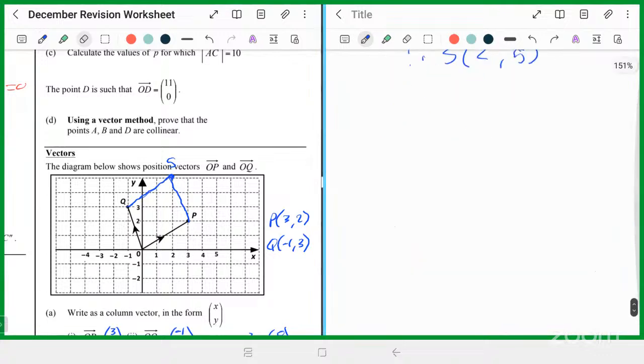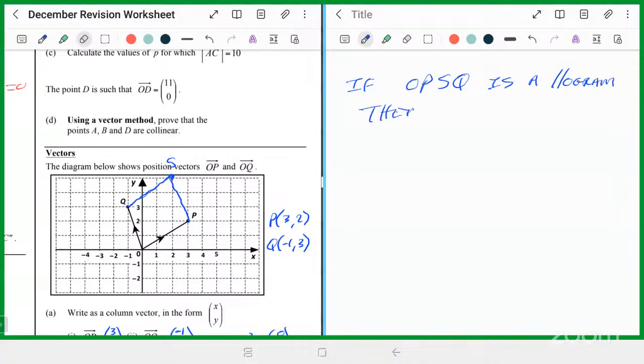Or you prove the parallelogram. And sometimes you have to work out everything. All right? So we work it out for you. So if OPSQ is a parallelogram, then the opposite sides are equal vectors. The QS is equal to OP, and